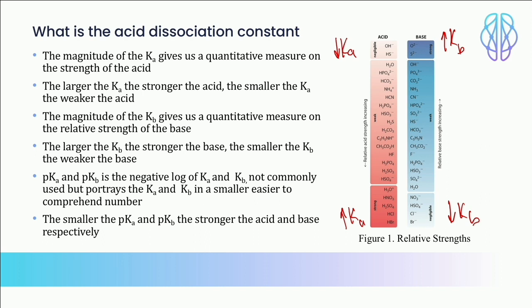If we're taking the negative log of something, that flips. So the smaller the pKa and pKb, the stronger the acid and the base, respectively. Now, I want you to remember, for your exams, it's very high yield. You understand the Ka and the pKa. Our discussion of the Kb and the pKb is entirely just for your understanding and on the